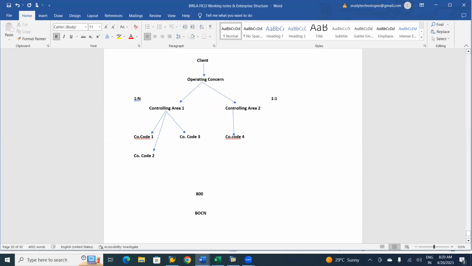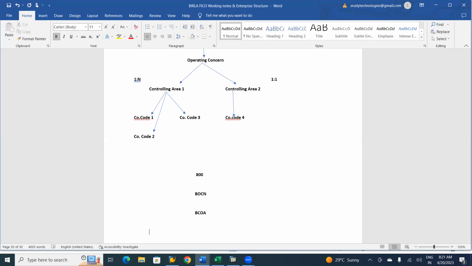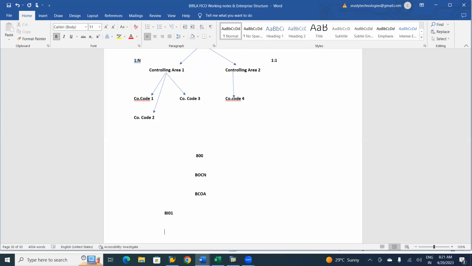So that is nothing but BCOA, Birla controlling area. We have created BOCA, Birla operational chart of accounts. Here I am creating the Birla controlling area. And what are my company codes here? Yes, BI01, BI02,